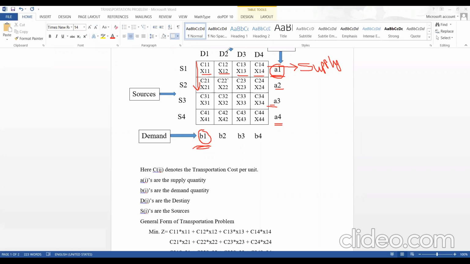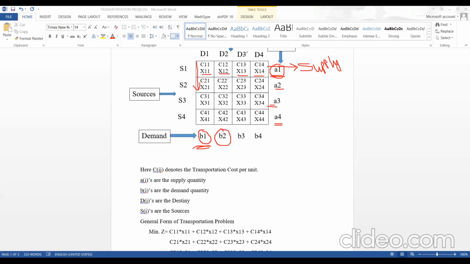product has been delivered to the destination D2 and the demand of destination D2 is how much? B2. So the product has been delivered from different sources to the destination D2 in order to fulfill the demand of the destination D2. That means x12 plus x22 plus x32 plus x42 must be equal to what? B2. Similarly, from different sources,